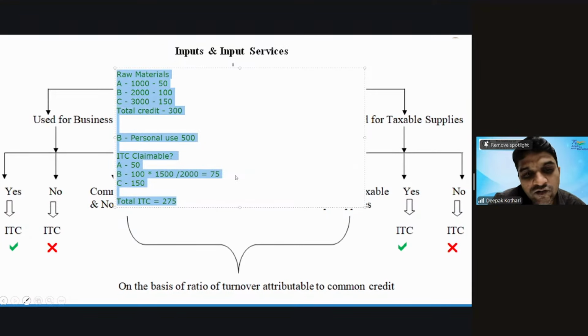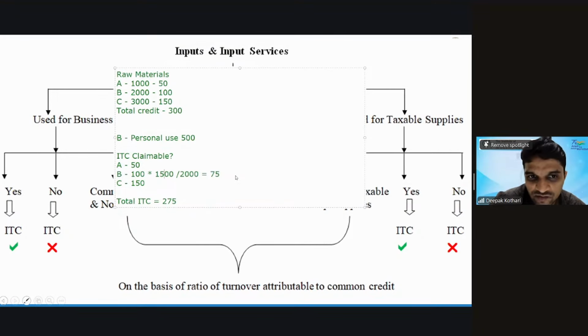हाउ 1500 एंड 2500 डिराइव। 2000 जो है टोटल मैंने परचेज किया, उसमें से 500 पर्सनल के लिए क्लेम नहीं कर सकता हूँ। सो 2000 माइनस 500 इज 1500। 100 किसके ऊपर था, 2000 के ऊपर। सो डिनोमिनेटर विल बी 2000 रुपीज।